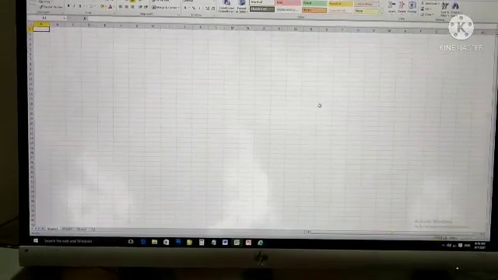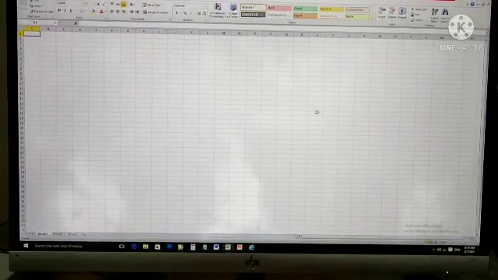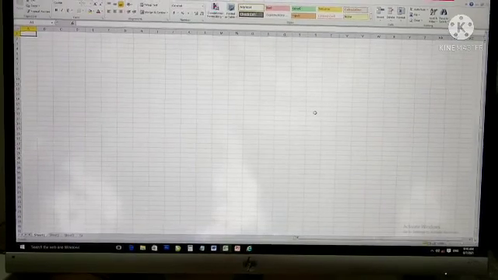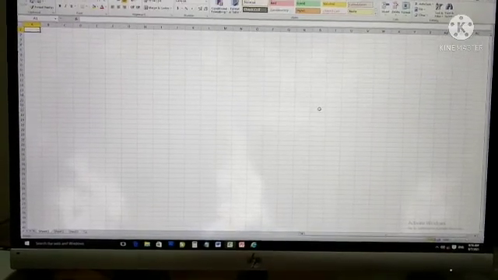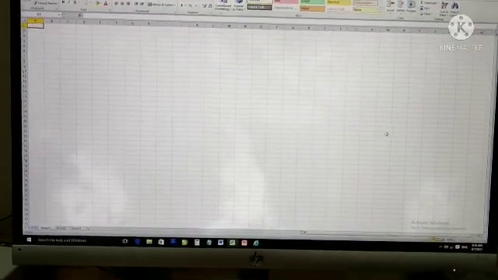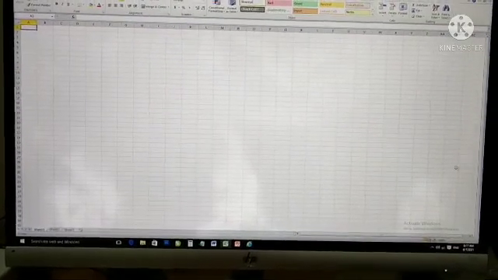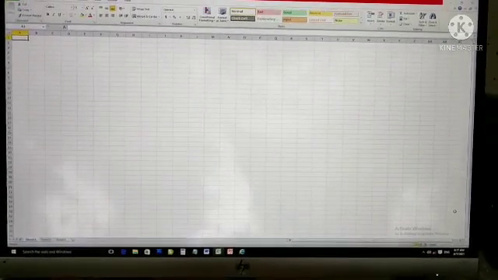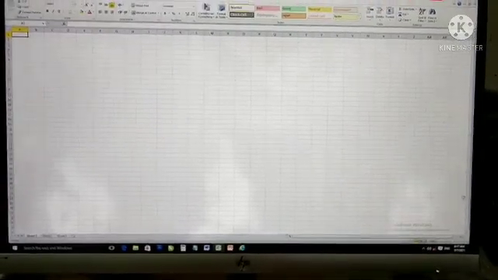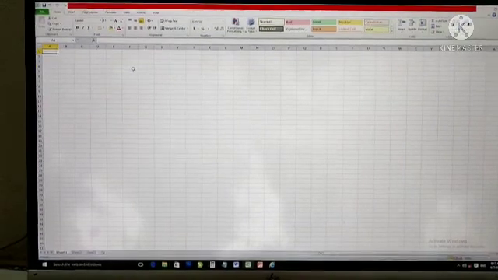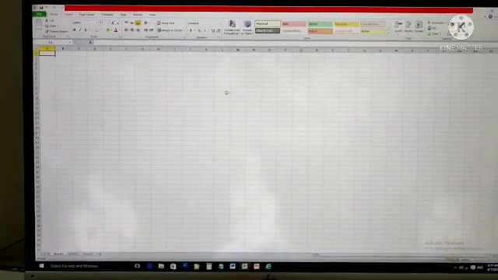It has many built-in tools such as formulas and functions that help to manipulate the data quicker and easier. You can also create charts and graphs in Excel, which help in easier analysis of data. So this is a general definition of Microsoft Excel. Clear?